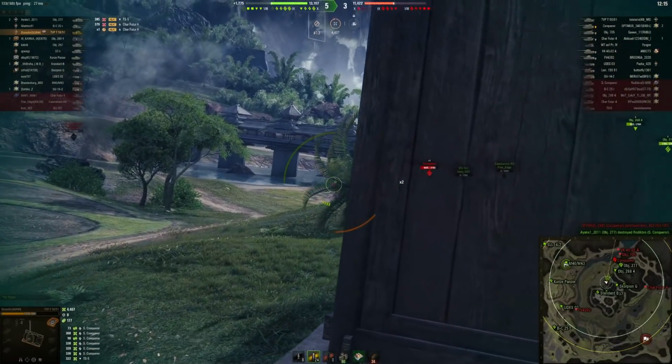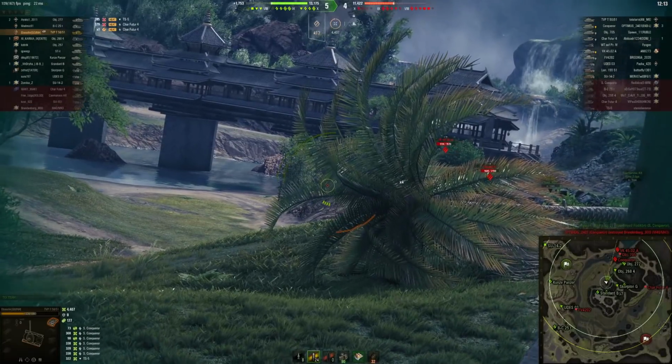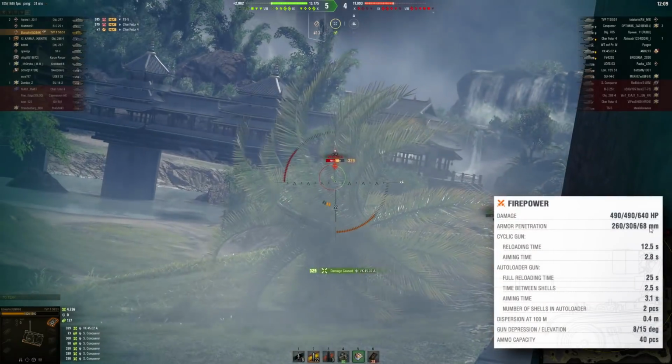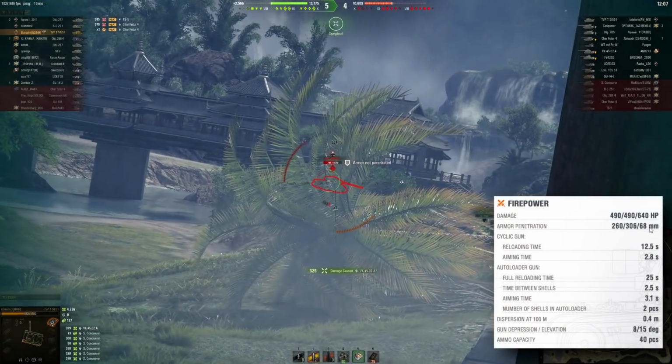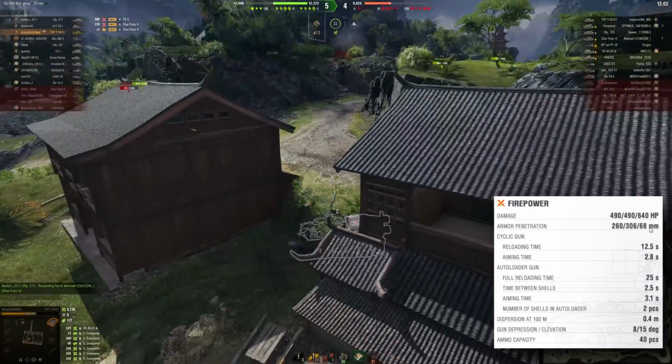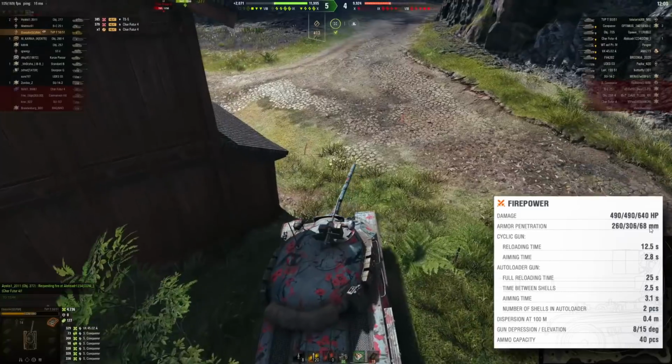It may put this gun into disadvantage, or maybe they already have calculated it in. I don't know. We'll see, ladies and gentlemen, we'll see. Aiming time 3.1 seconds, 2 shells in the magazine. Okay, so accuracy 0.4. This is not the most accurate heavy tank, but if it has very good soft stats